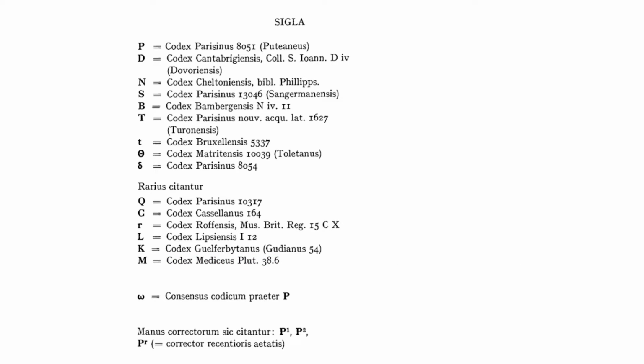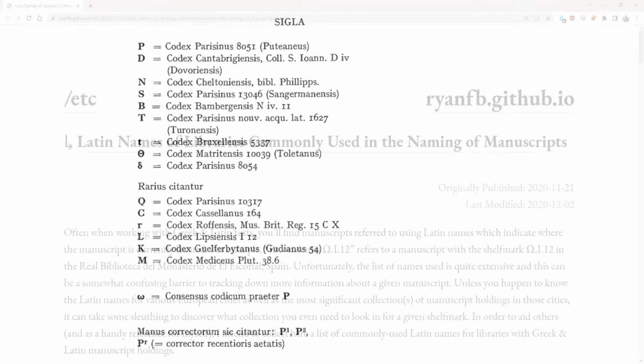Basically, these Latin names are intended for specialists who already know their way around the manuscript collections and where they are. I'll repeat what I said about example 2. Best practice is to include city names and library names either in their native language or in one modern language, even if Latin is used for the call mark.